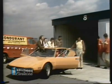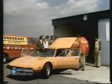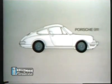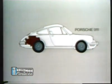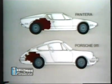The most important feature of the Pantera is its engine placement. We call it a mid-engine car because the engine is within the wheelbase. In a rear-engine car like the Porsche, the engine is behind the rear axle. By placing it ahead of the axle, but behind the driver, you achieve far better weight distribution. Because of this engine location, the vehicle is better balanced under dynamic driving conditions, resulting in superior cornering and braking